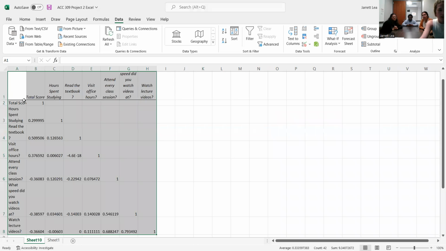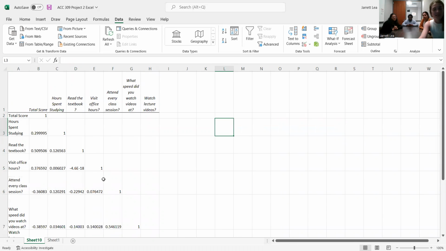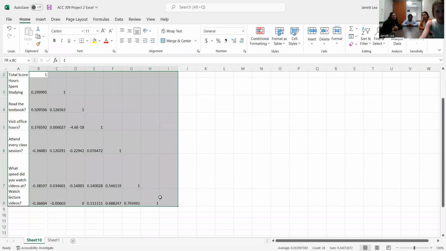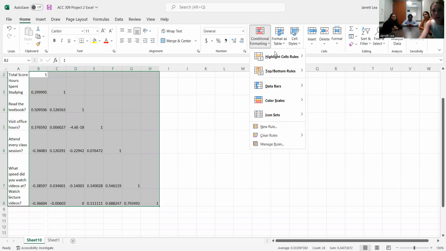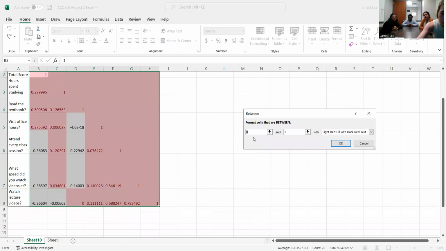Okay, so here's our correlation. Now we're going to say greater than 60%. 65% is highly correlated. So let me select the data first. Formatting, conditional formatting, between 0.65 and